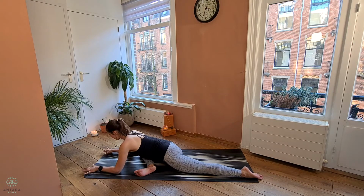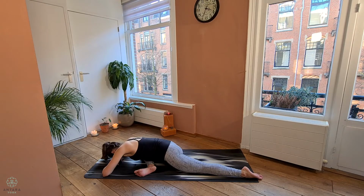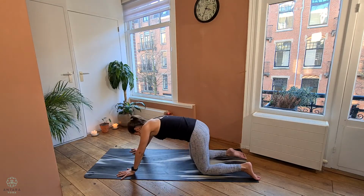So you can pause here, either resting the elbows down or maybe making a support for the head. Nice, slow and steady breath. Staying here, one more breath. And then slowly coming up on your inhale, transitioning back through your hands and knees, and then coming to the